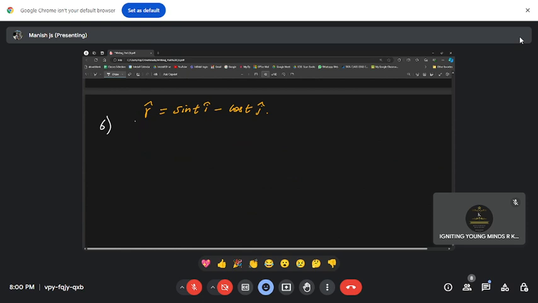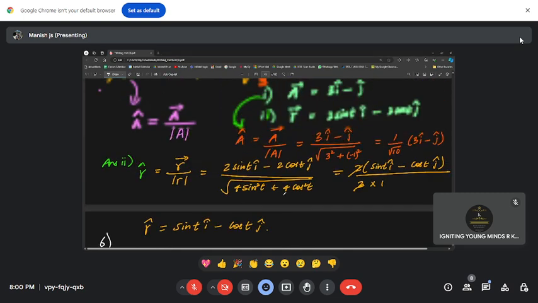Can you show the previous slide for 1 minute? Sure. Sir, a vector is equal to 3 i cap minus j cap. In that question, instead of 3 i cap, we can write 3 i vector, because in the state board we used to use it as 3 i vector also.